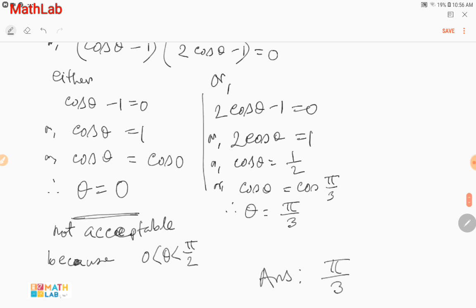Okay, so we solved 5 maths problems from 12 of exercise 8.3. Please practice more and more, and stay home